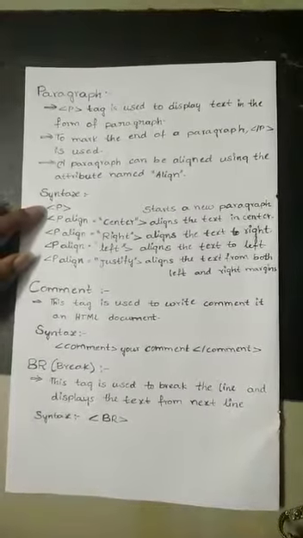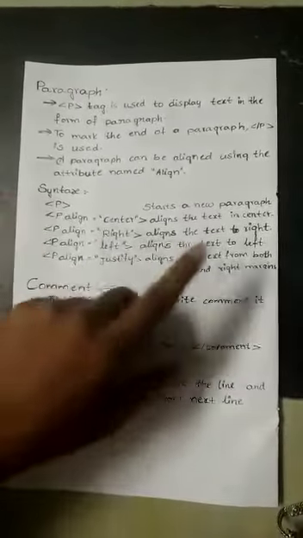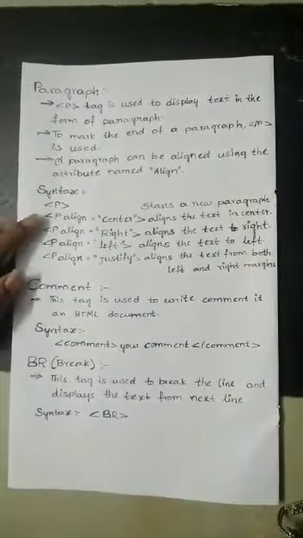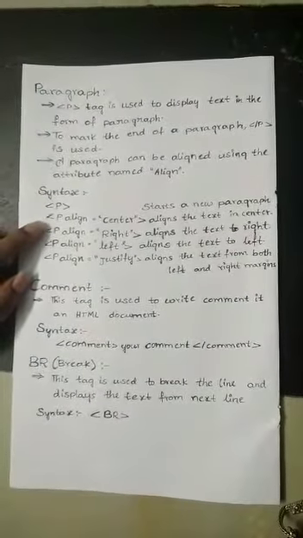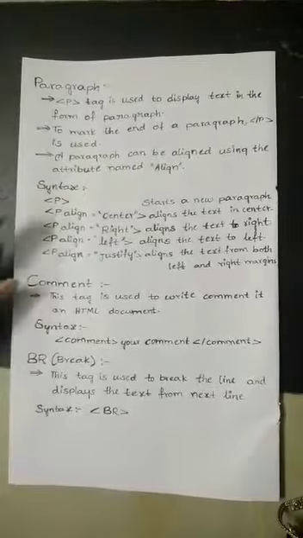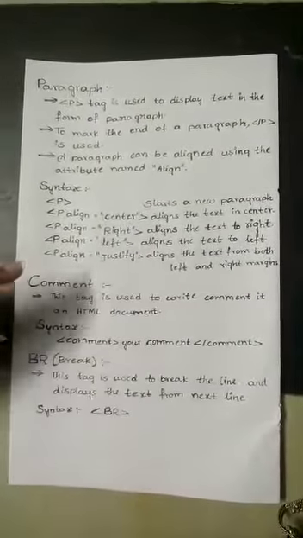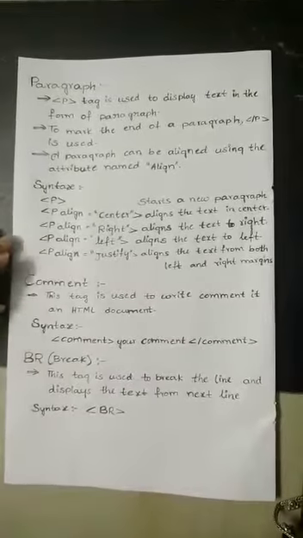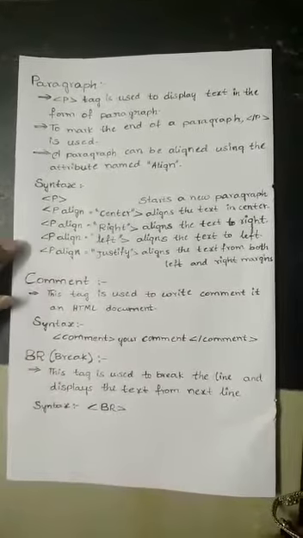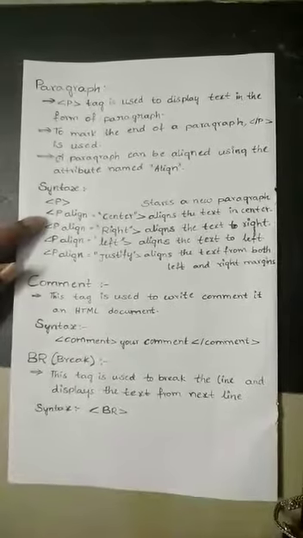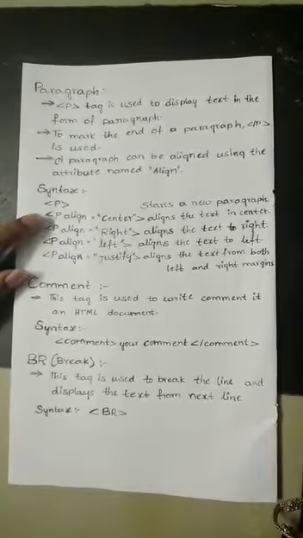P tag. P tag is used to start a new paragraph. P align equal to center. This align equal to center is used to align the text into center. That means whatever the text between this P align equal to center tag, it will display in the